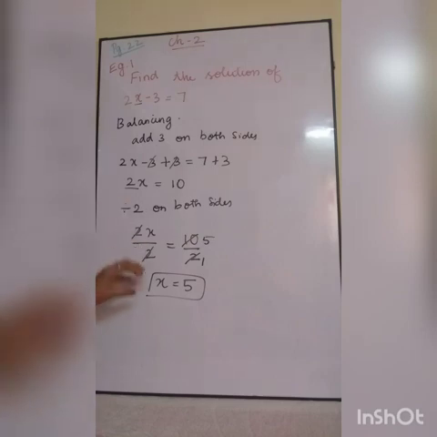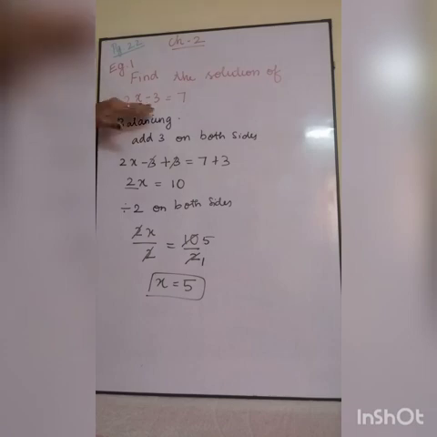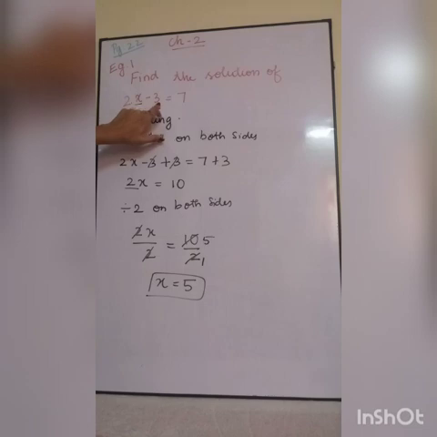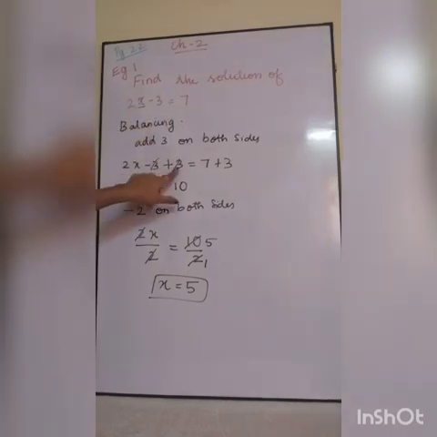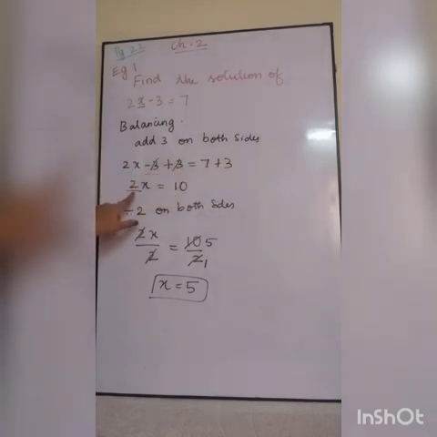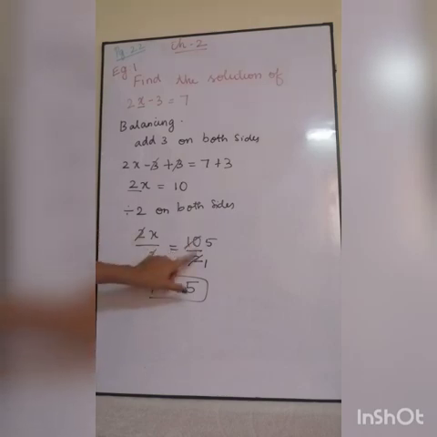Listen, solution means we have to find the value of x. By the balancing method, as they have done in your example problem, the same balancing method I also used here. First, we are going to find this x, so which things should we eliminate? I have to eliminate this minus 3 and the 2 also. If you want to eliminate minus 3, you should add 3 on both sides. So I have added, and these will get cancelled. 2x equal to 10. Then we have to eliminate this 2, which is multiplied, so I am dividing by 2. Then this 2 will get cancelled, and I get x is equal to 5 as the answer.